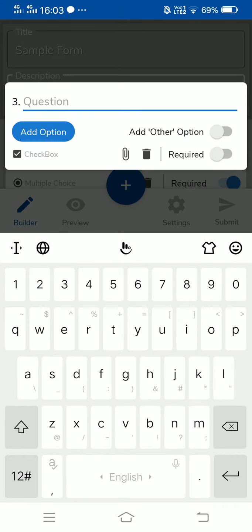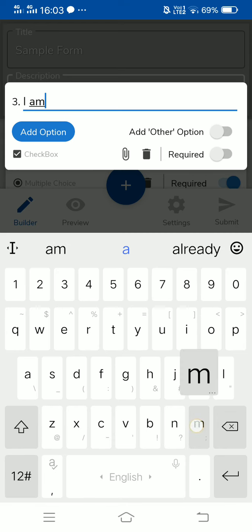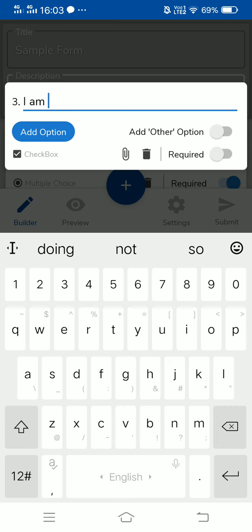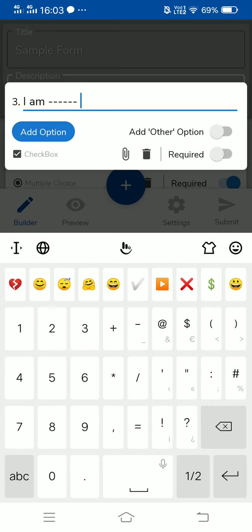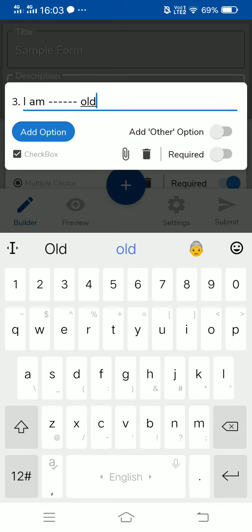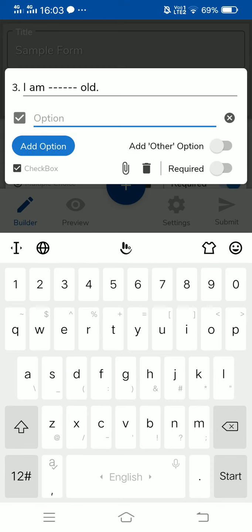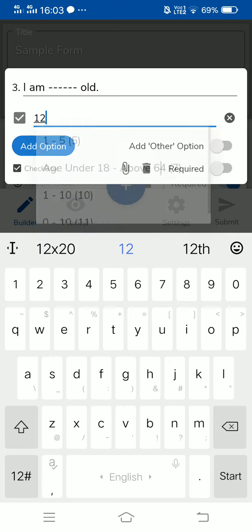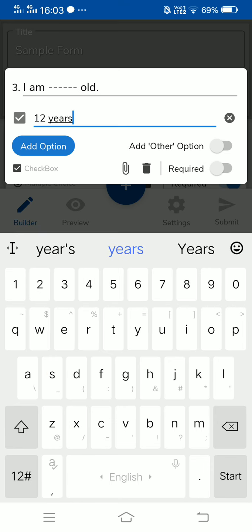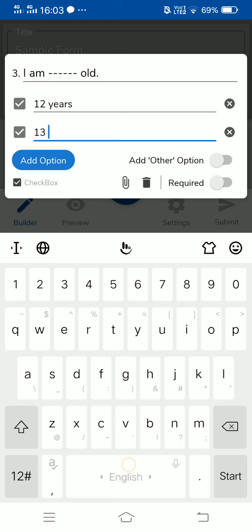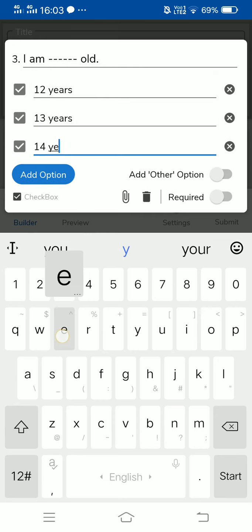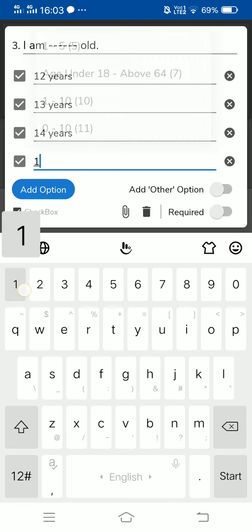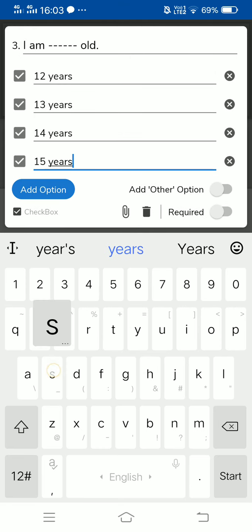Checkbox. I am old. Add option. 12 years, 13 years, 14 years, 15 years.